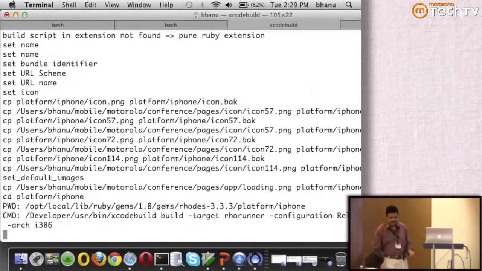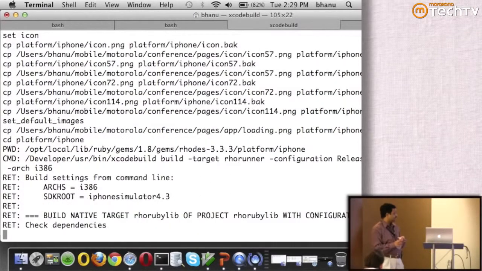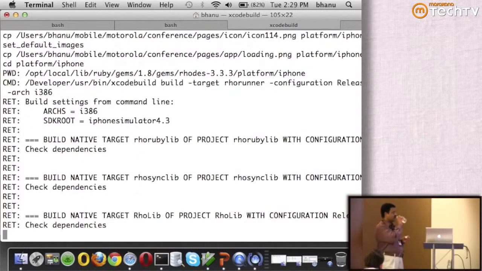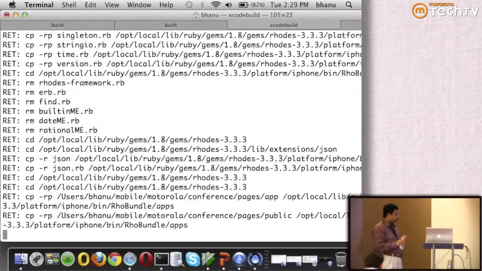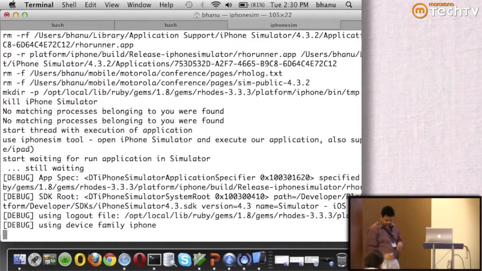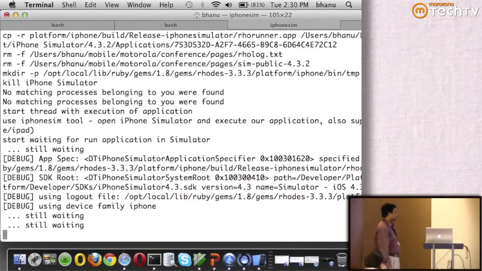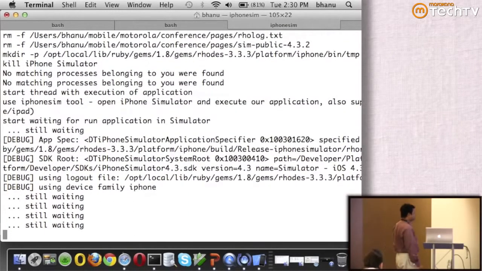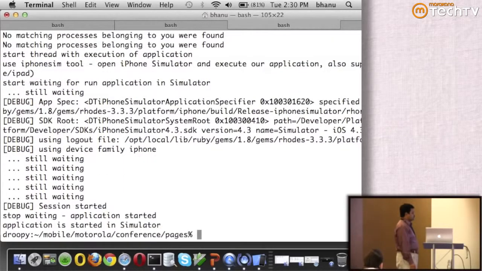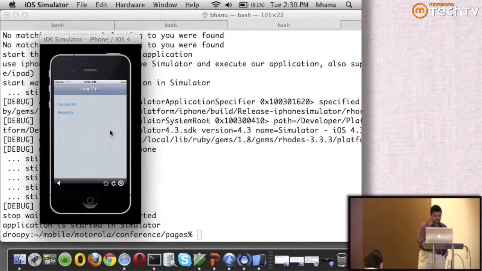So, I am going to run this on an iOS simulator. So, this is what I was talking about.